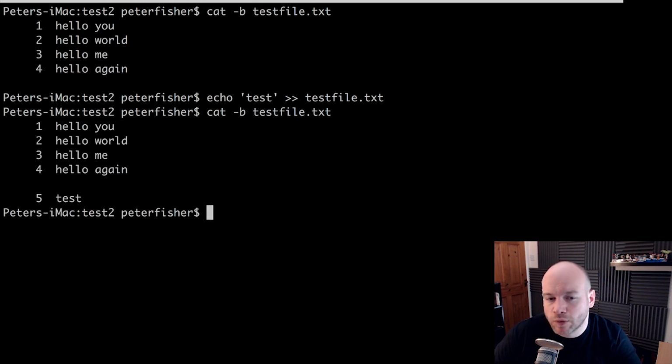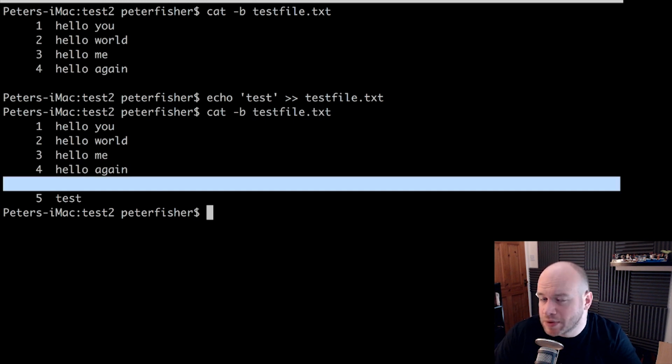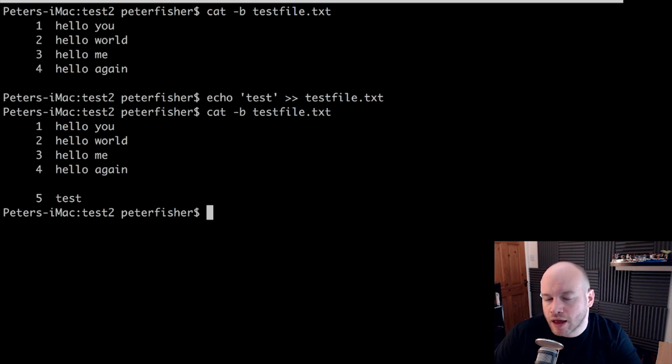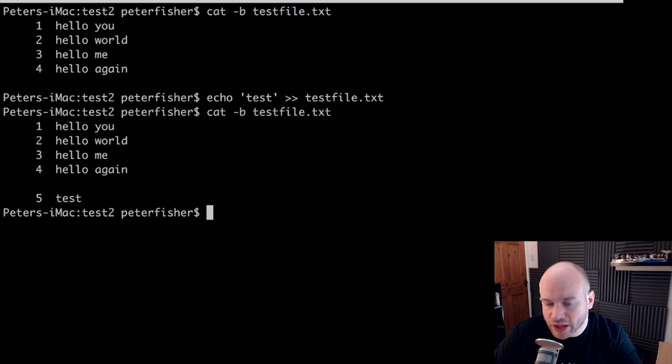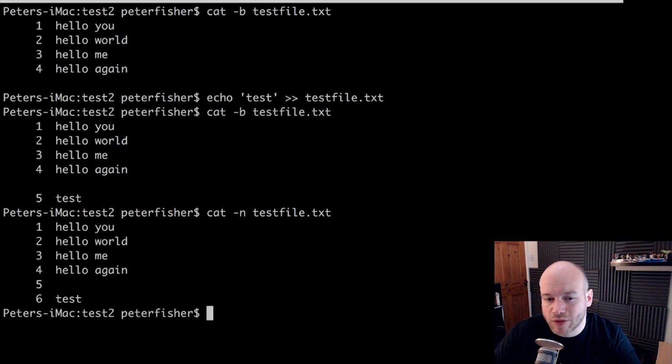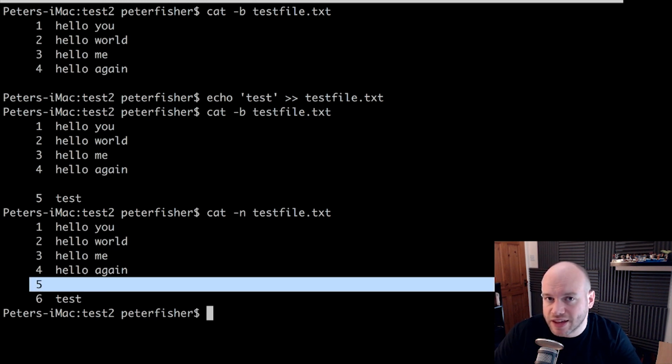Press enter and we can see that we have 1, 2, 3, 4. We've skipped a line because that is an empty line, and we've gone straight to 5. Now if we didn't use -b, if we used -n instead, then we would count that line in the file. Let's do that. Let's do cat -n and then test file.txt. And here we can see that we've now got 6 lines, because we are indeed counting the 5th line, which